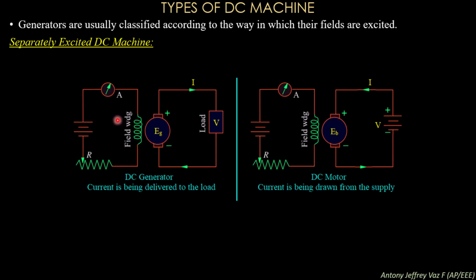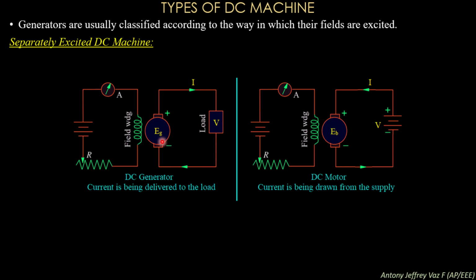In previous cases we studied a single loop generator in which we used a permanent magnet to provide the field flux. In a real machine we will be using an electromagnet. To make this coil a magnet you need to supply voltage. Then the coil becomes an electromagnet and produces magnetic flux in which the armature will be present and rotating as a motor or a